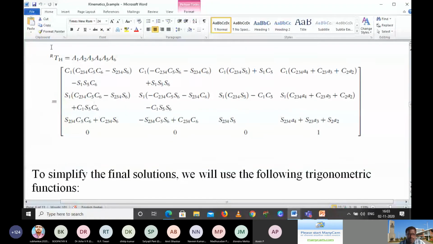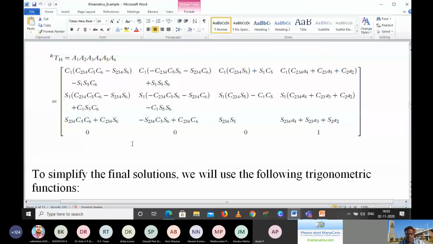So your final answer will be like this. My personal request is, once you are free, please calculate one time. Then you will have a lot of experience on that. I used to calculate by myself. I am requesting all the professors, if time permits, please calculate one time so that you will understand what is this 2, 3, 4 and 5, 6 and all. That is nothing but theta 1 plus theta 2 plus theta 3 plus theta 4 like that.